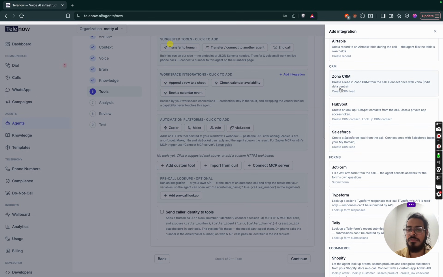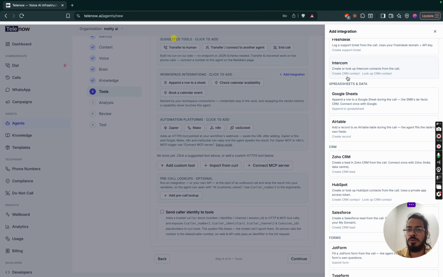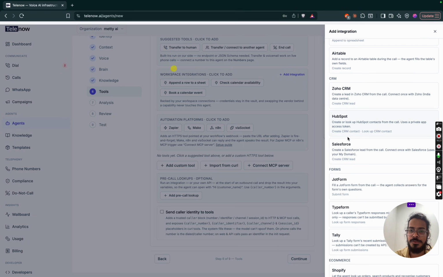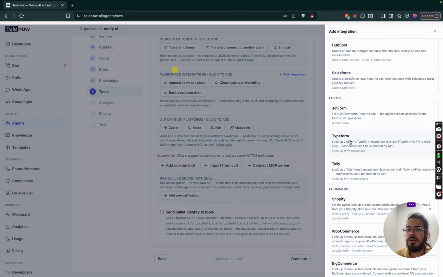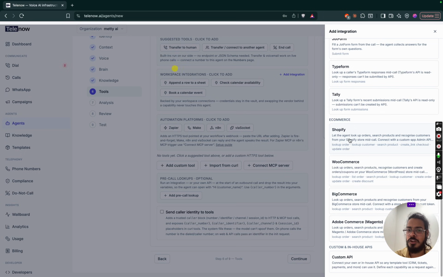These are the native tools that we are providing, like Google Sheets and Zoho CRM, HubSpot, Salesforce, all types of forms like Jotform, Typeform, Tally, and e-commerce. We are providing, for example, Shopify, WooCommerce, BigCommerce, Adobe, Magento. You can connect with them, and you can also connect your custom APIs. Okay, and